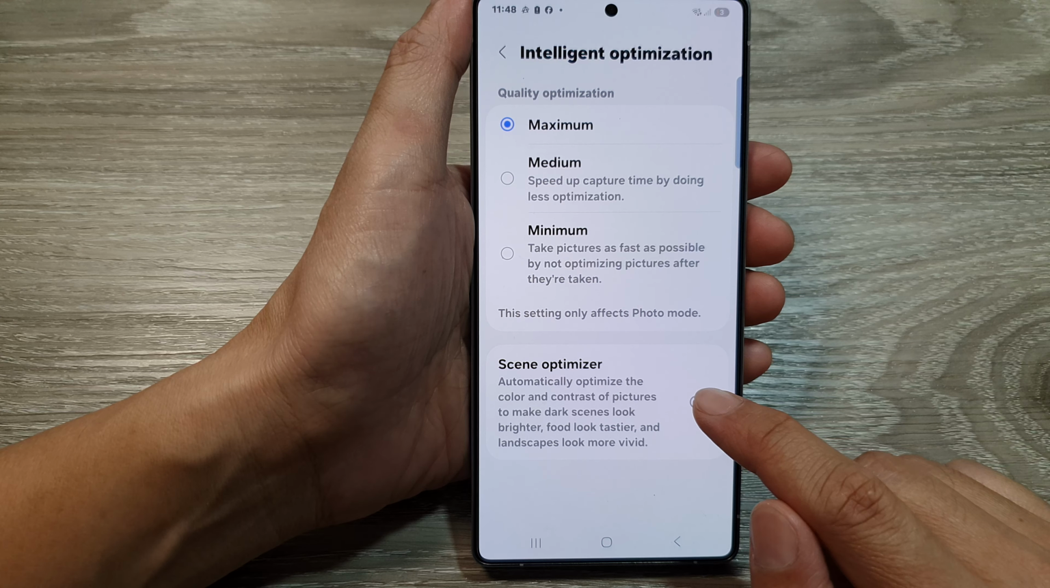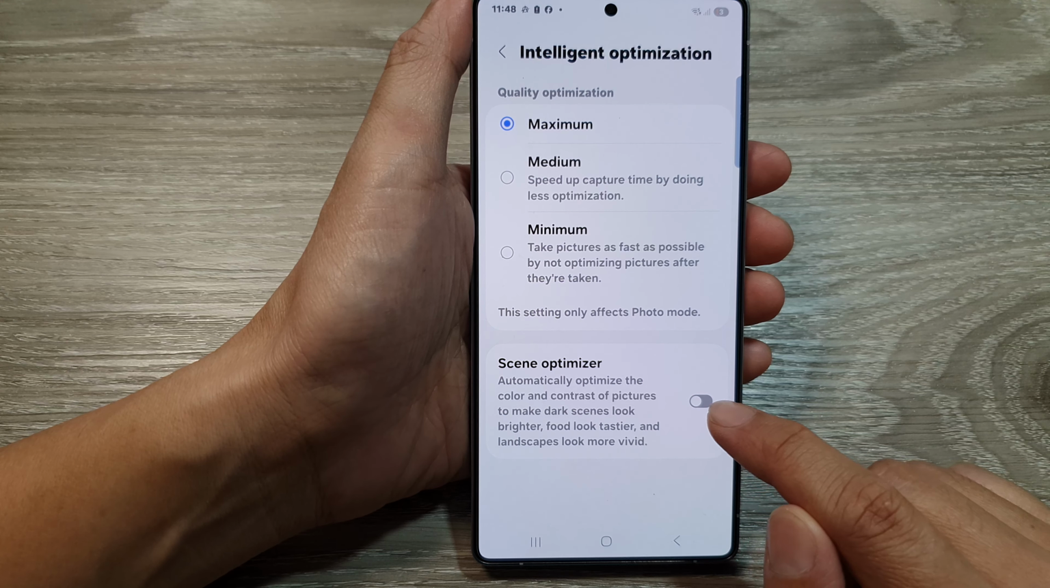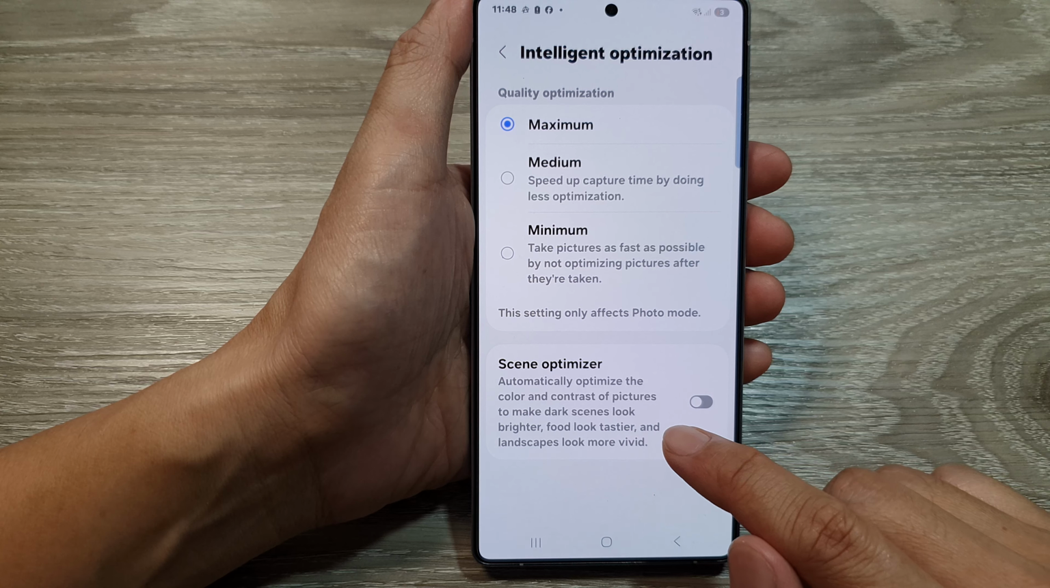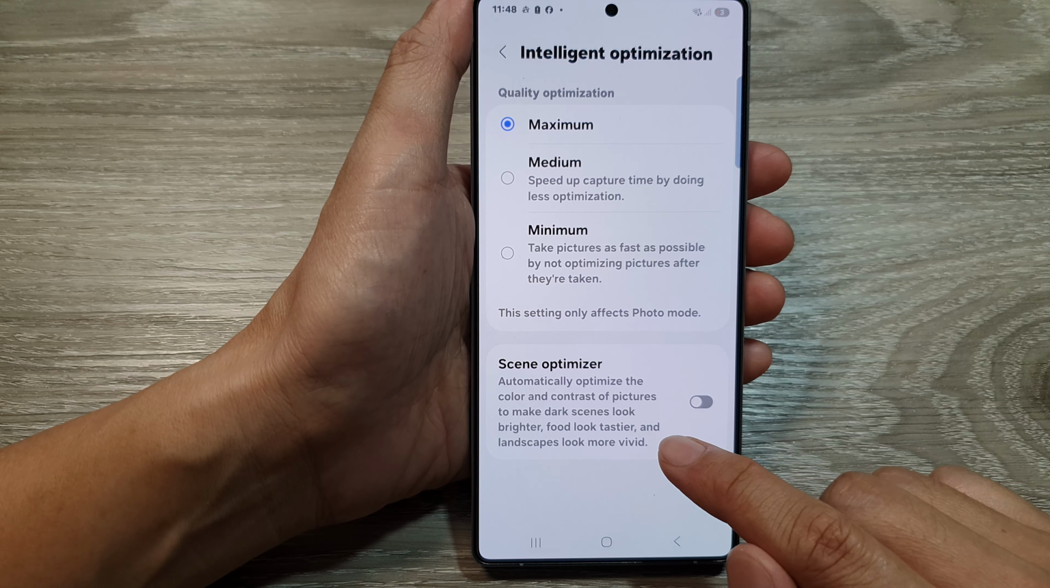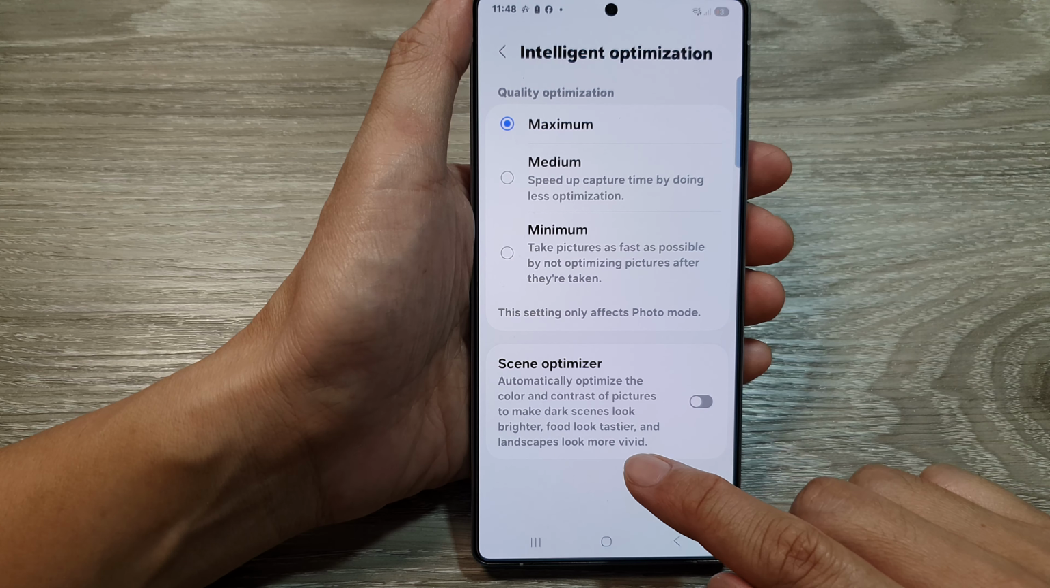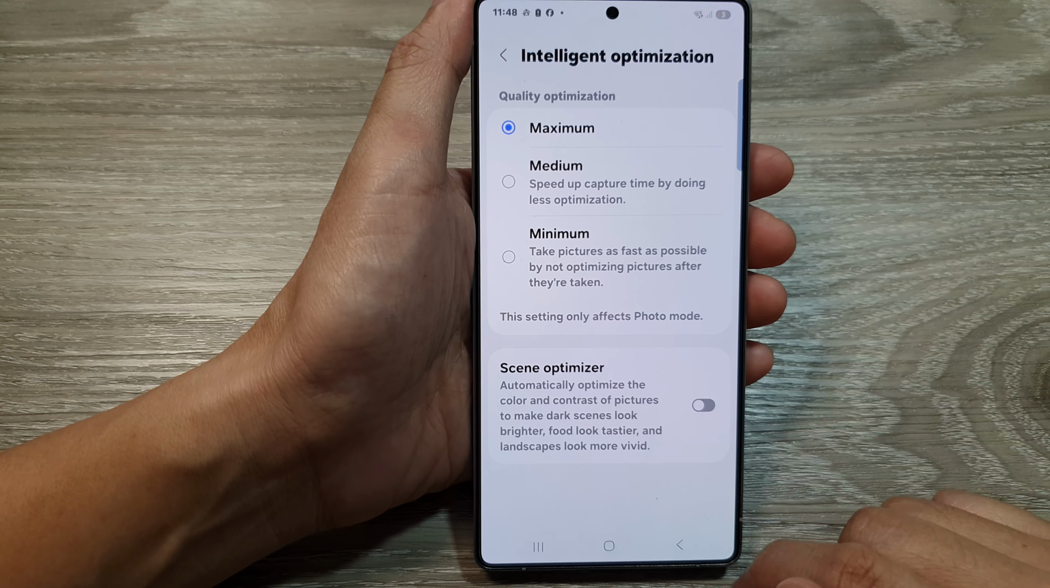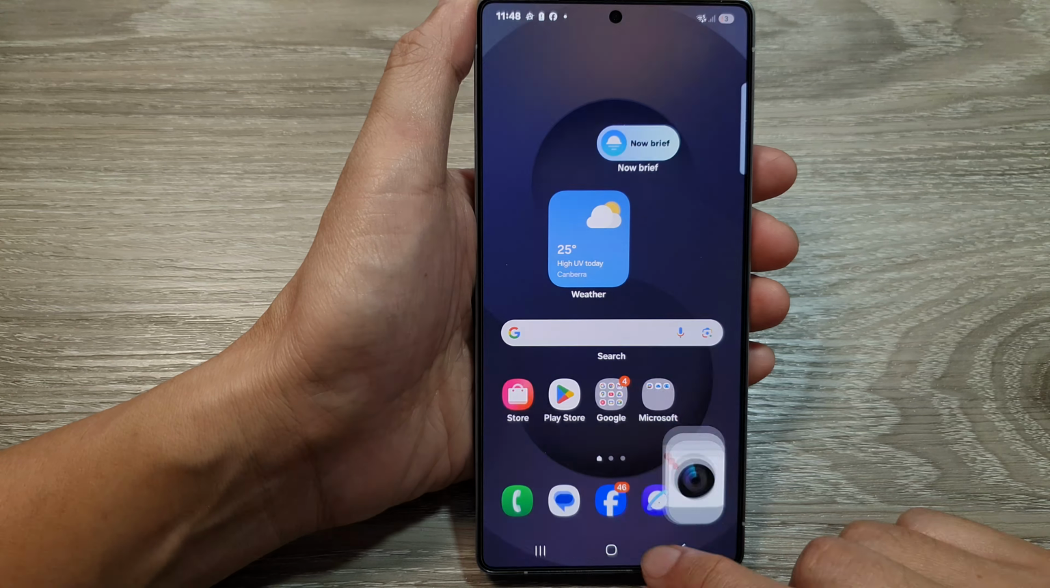So automatically optimize the color and contrast of pictures to make dark scenes look brighter, or food look tastier, and landscapes look more vivid. After that, tap on the back key or tap on the home button to return back